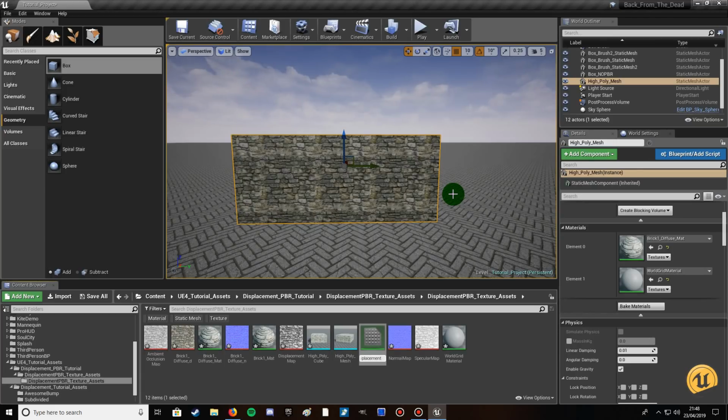displacement_PBR_texture_matte for material. Then go ahead and open it up,